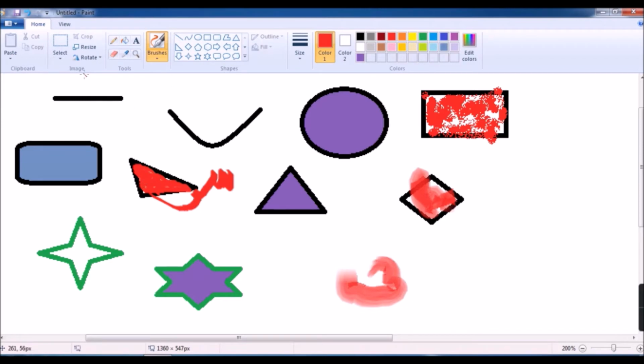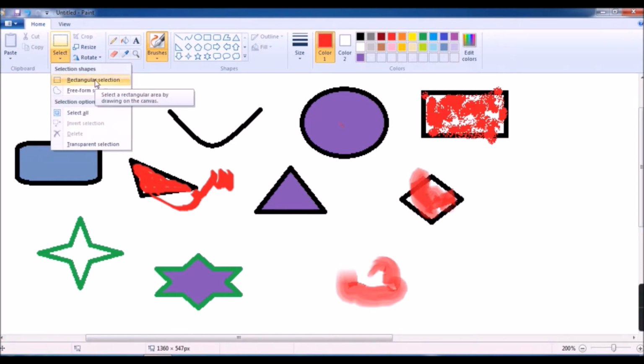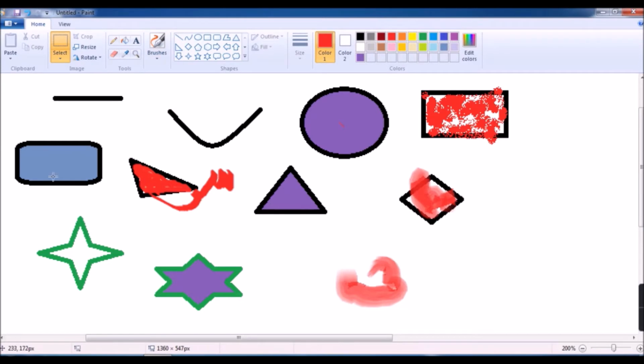Now see one more option. There is selection. If you want to change the size of an image, how will you do it? See, there is a select option. Click on that, click rectangular selection, then select any one image which you want to resize.